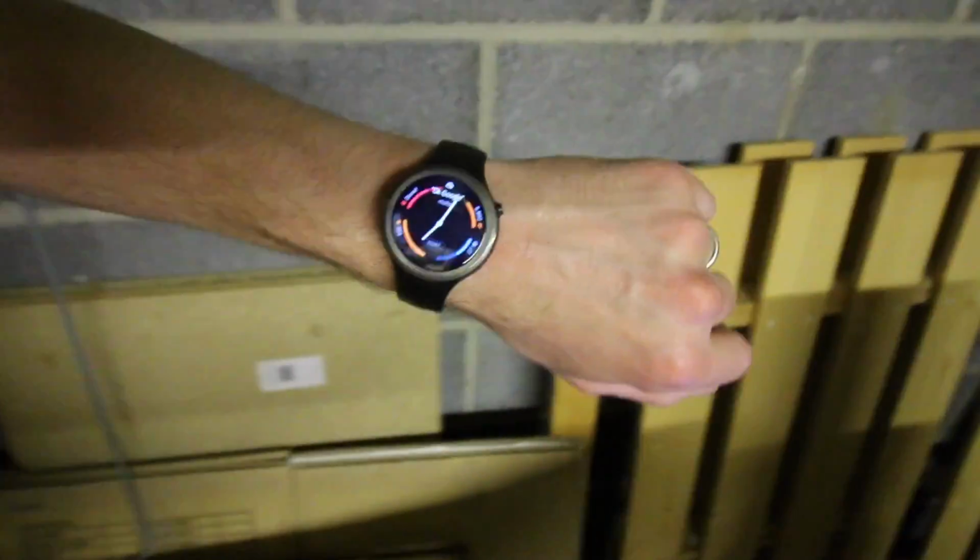There we go, my run's finished. The running machine says 5.7 kilometers. Took me just a tiny bit over 30 minutes. This app says 5,778 steps, 36 calories. The Fitbit says